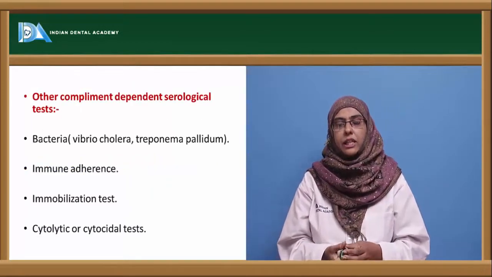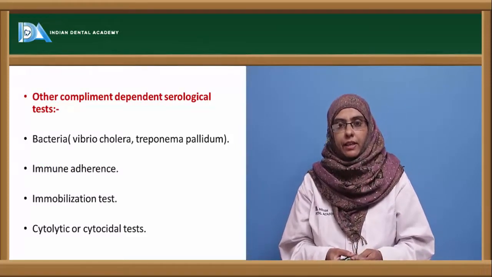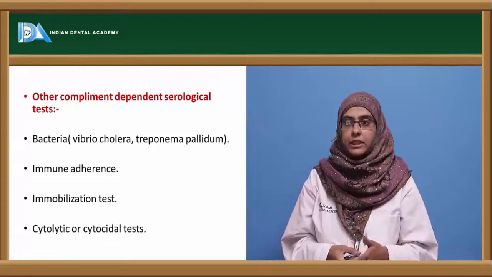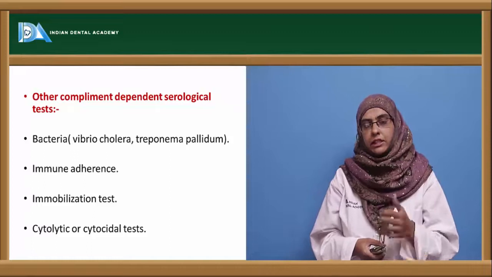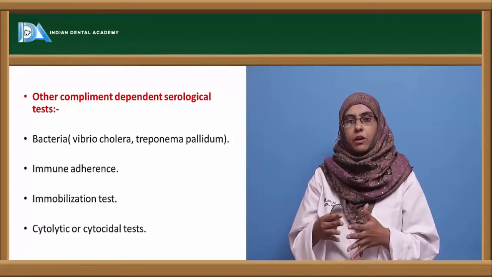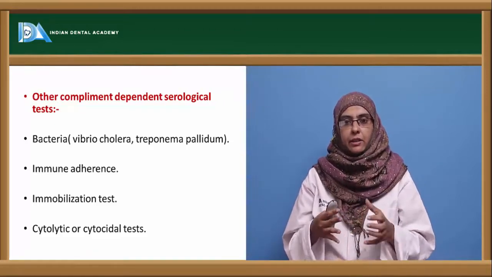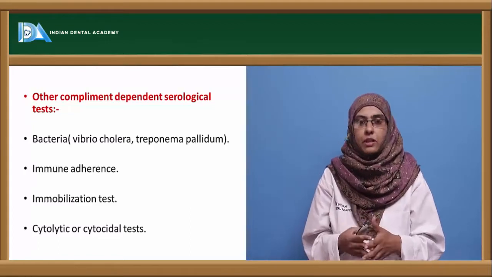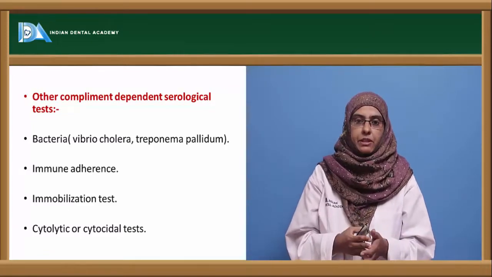Now coming to the other complement dependent serological tests, here you can identify the bacteria that are involved in in vivo pathogenesis, that is the Vibrio cholerae or the Treponema pallidum, and the test is said to be immune adherence. Here a mixture of the antigen and antibody along with the complement is added, and if there is immune adherence, there is a formation of a complex between these three. It is called immune adherence, and helps us to identify whether there is any specificity between the antigen